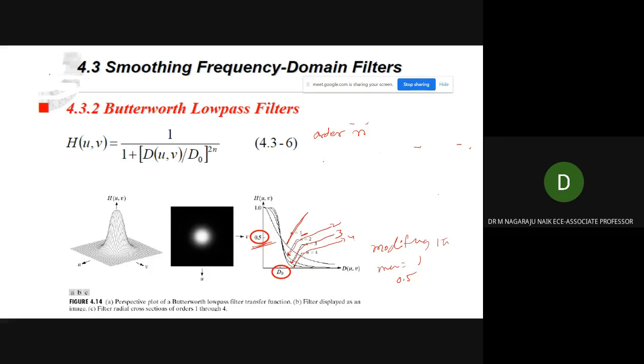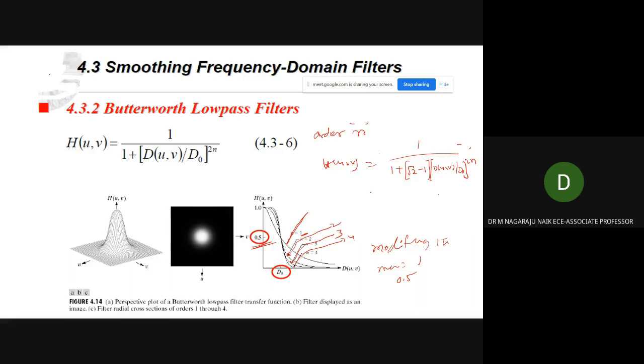now the modification: h of u comma v is equal to 1 divided by 1 plus, what is that maximum, root 2 minus 1, that is a maximum, times d of u comma v divided by d naught to the power 2n.